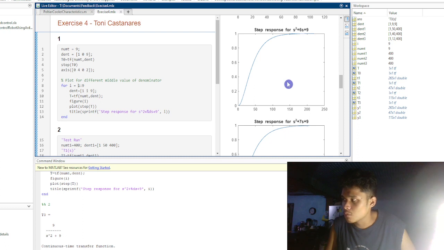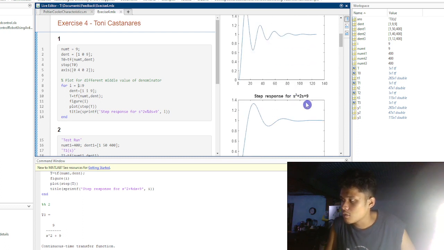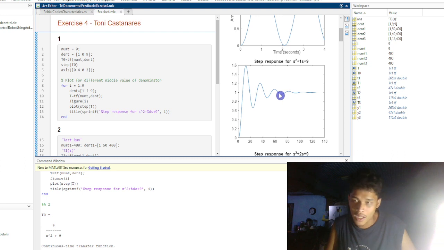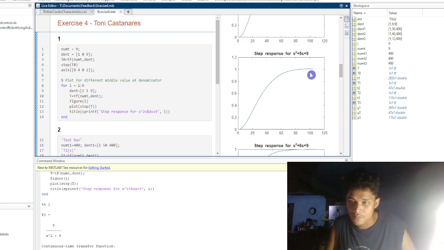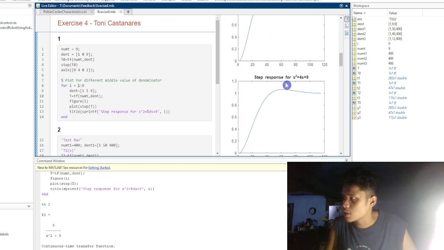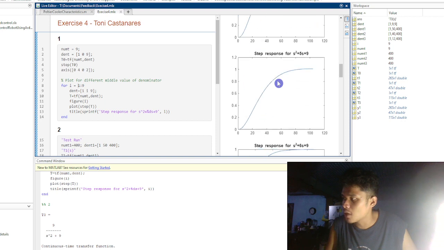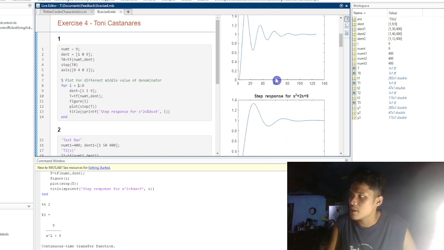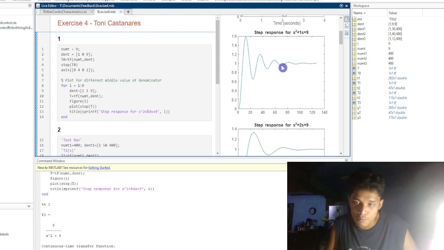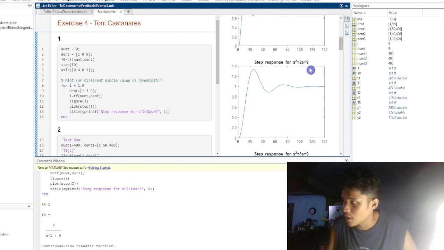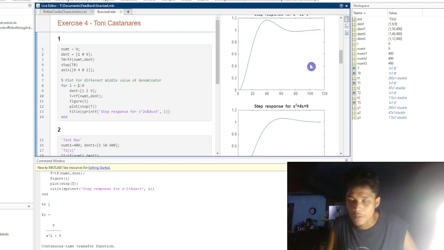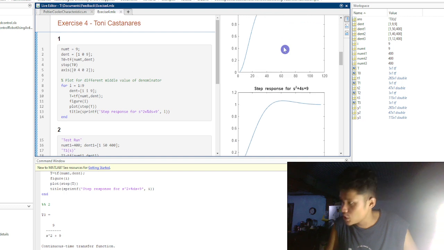So what can we notice from this graph? From s squared plus 1s plus 9 up to s squared plus 5s plus 9, since it is not equal to s plus 3 squared, the response for these first 5 is underdamped. And you can see here, it is evident from the very first graph that there was a slow decay up to a constant value here. But the important part is that there is still a rise time that is evident here, and a certain peak value is reached.